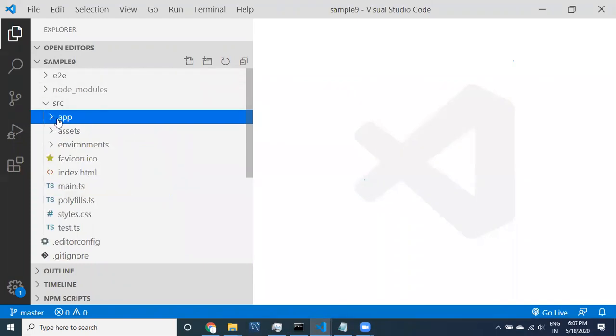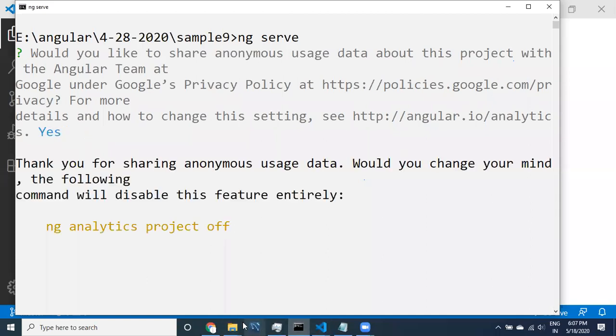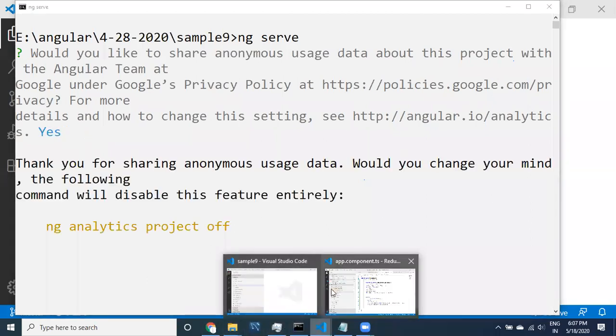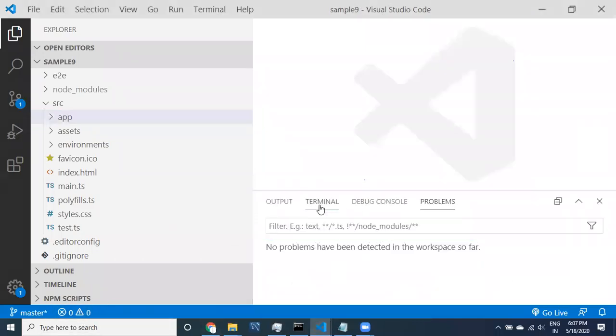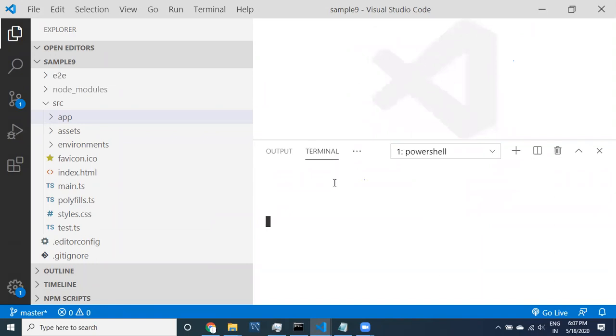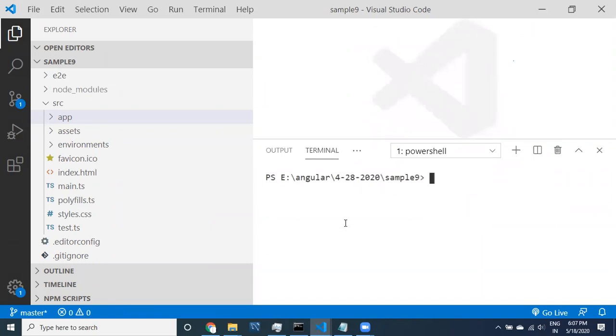Now I want to create our own module. Let us go here. You can go to the command prompt, or you can use the terminal here. Within this terminal, you can see this information.